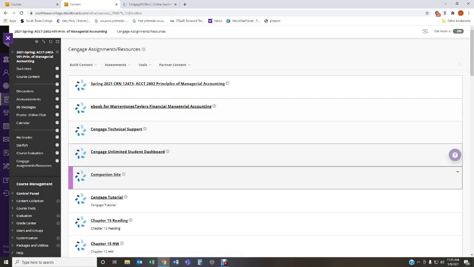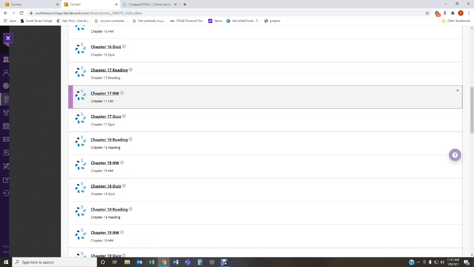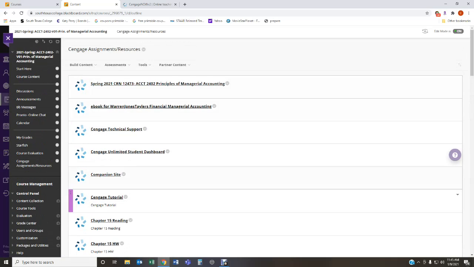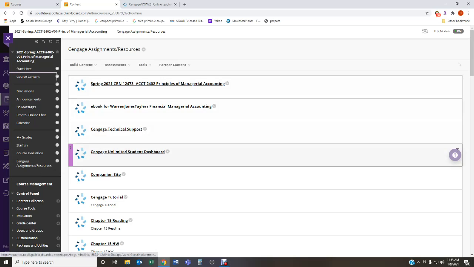And then these are just some additional, the dashboard for the student and the companion site. And then you've got all of the assignments that I've created for you already. So anytime that you have these diagrams, this just lets you know that there is a Cengage link and you're going to be redirected out. So that's how you can access Cengage, through the Cengage assignment resources or through the course content,